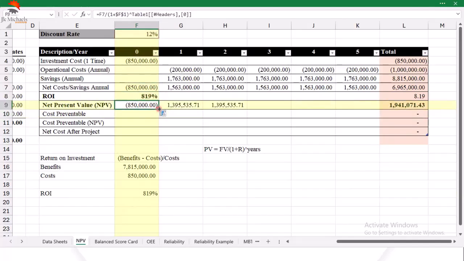$1.3. Okay, so it's properly reflected now. Okay, so that's it. So we've been able to reflect that, and you can see that even though we seem to have received